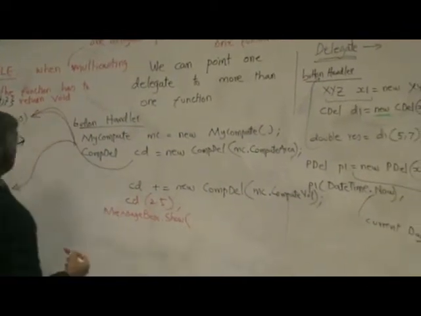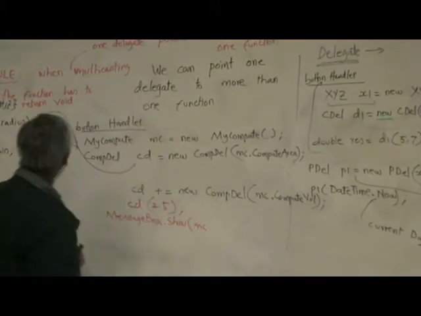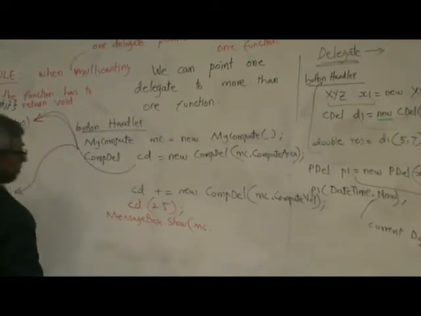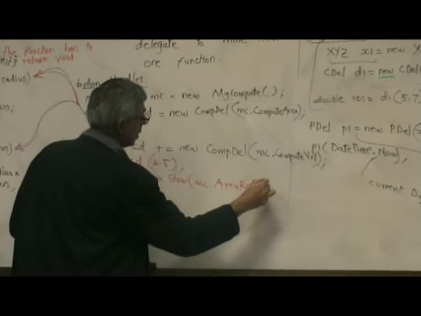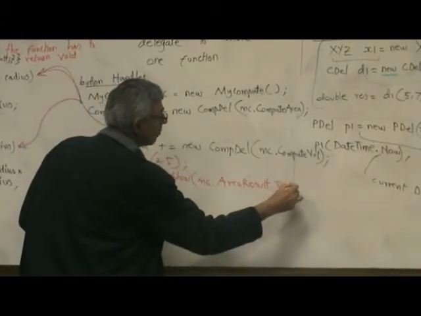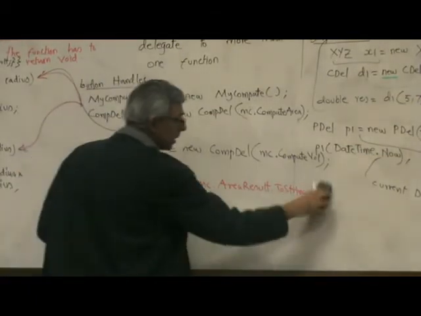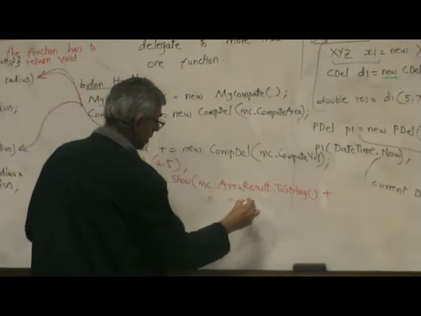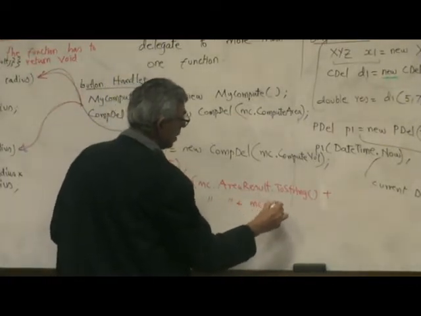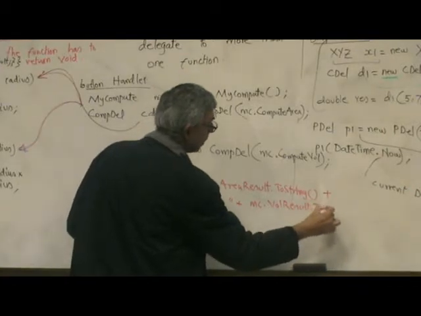Okay, name of the class object that we created was MC. We can call the first read-only property area result dot toString. Okay, so this will give us the result of the area plus MC dot vol result dot toString